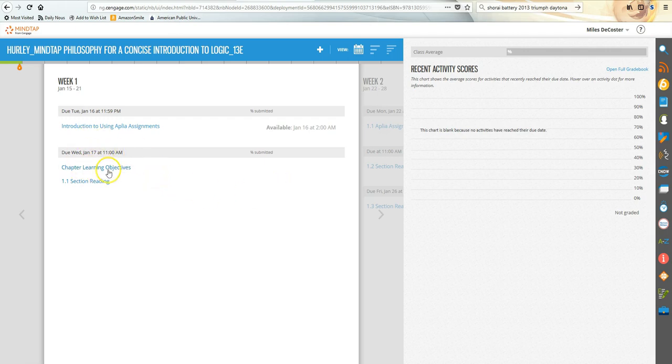The due dates here are the same deal. Don't worry so much about getting them done exactly on this day at this time. This is just to give you a sense of pacing. If you get it done before Sunday at midnight, that's fine. You'll note that for the next week,